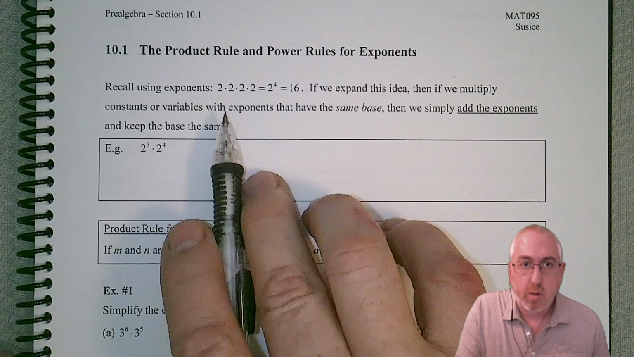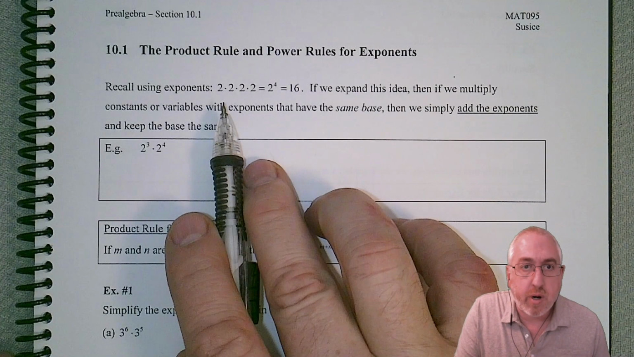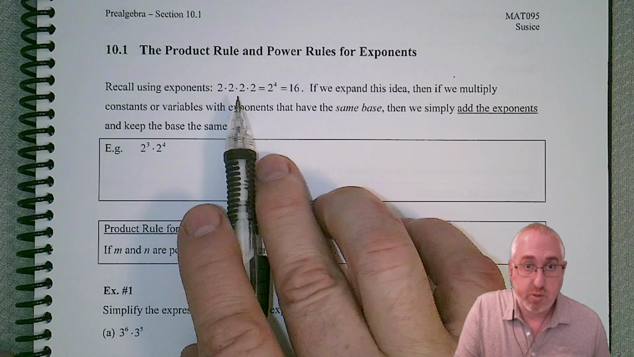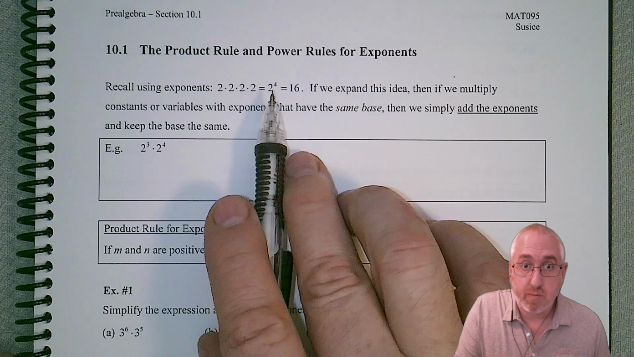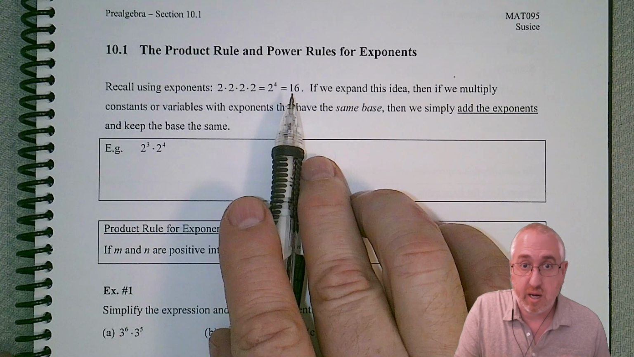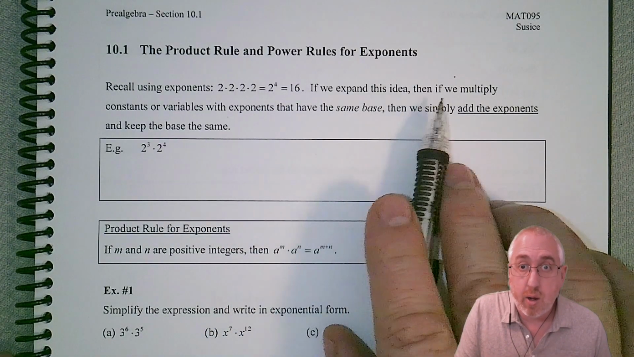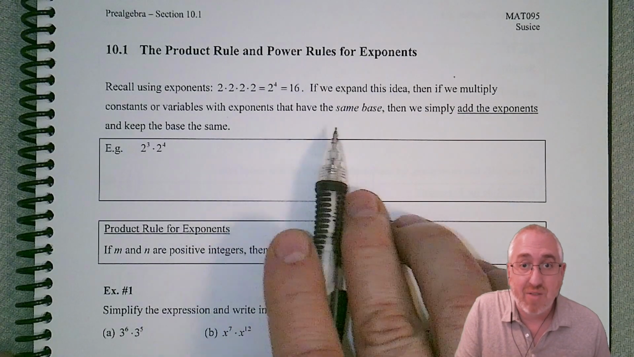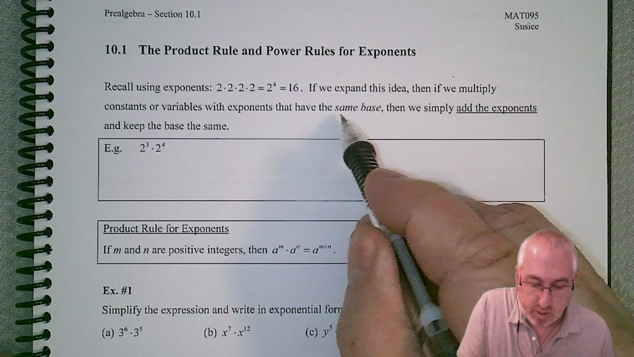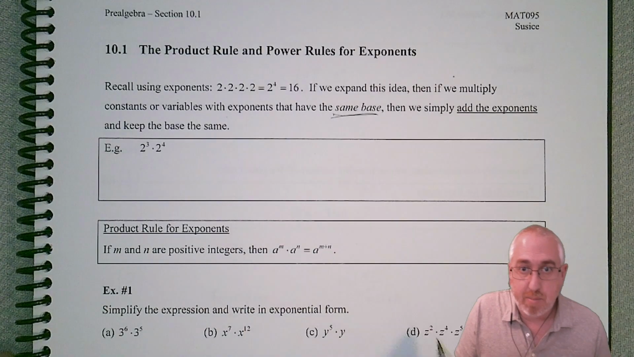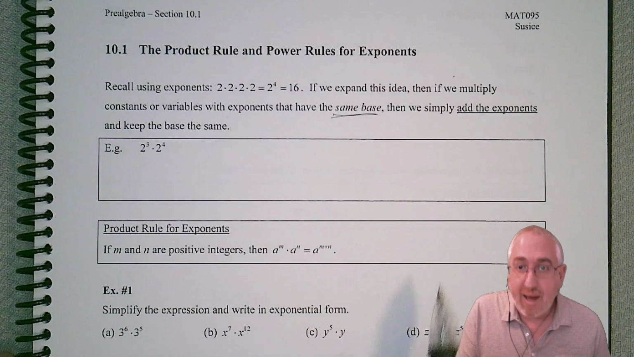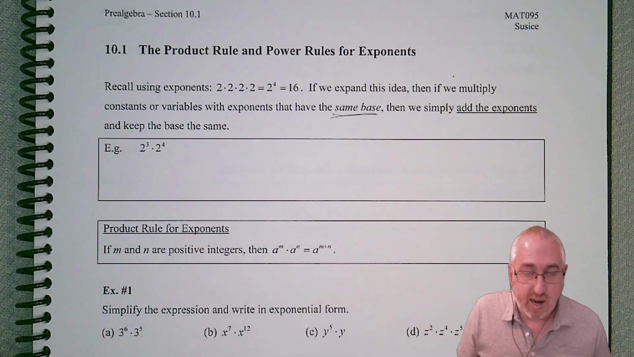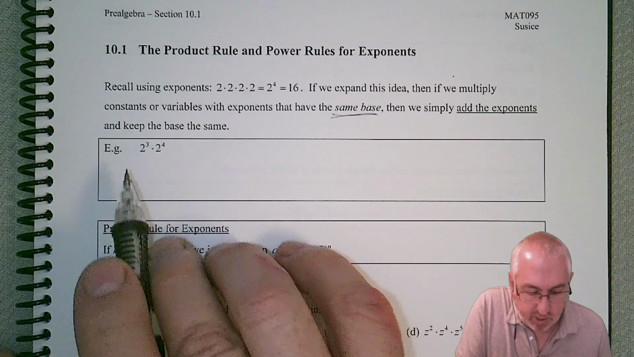So just a little bit of a refresher here that if we have something with exponents such as 2 times 2 times 2 times 2, we can write that as 2 to the 4th power, which is 16. So if we expand this idea, then if we multiply constants or variables with exponents that have the same base, so again, it's very important that they have the same base, then we simply add the exponents and keep the base the same. So just to see that in action here, if we got 2 to the 3rd